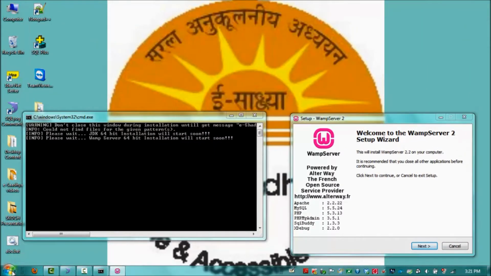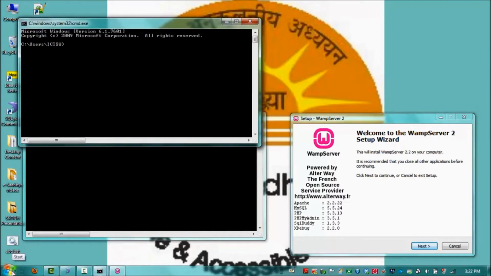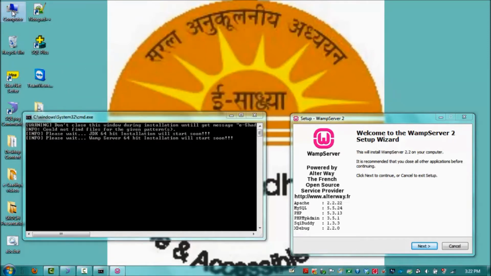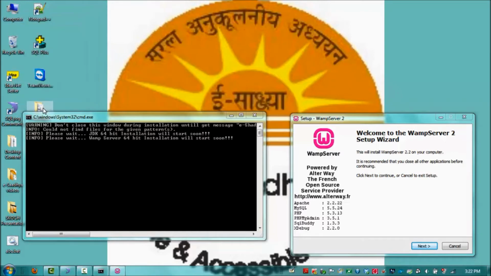Next is the WAMP server installation, but before that we have to check the installation of Java. Open the command prompt and type java -version. It will give you the version of Java that is installed in your machine. Then type javac. If it says javac is not a recognized internal or external command, go to My Computer, right-click,